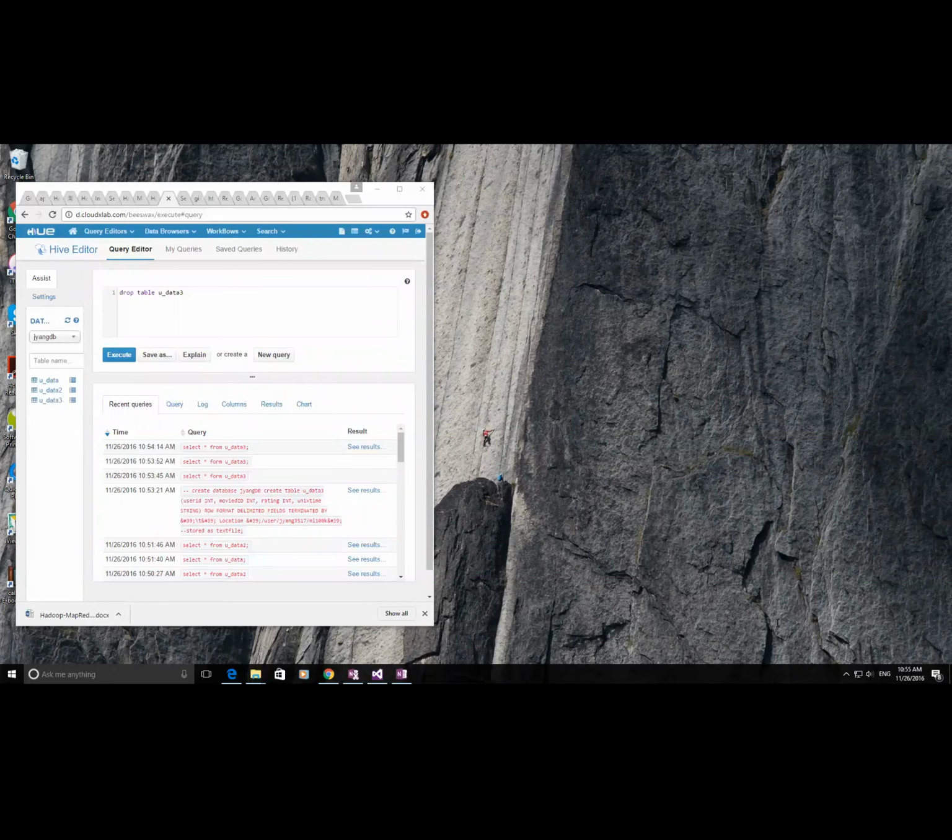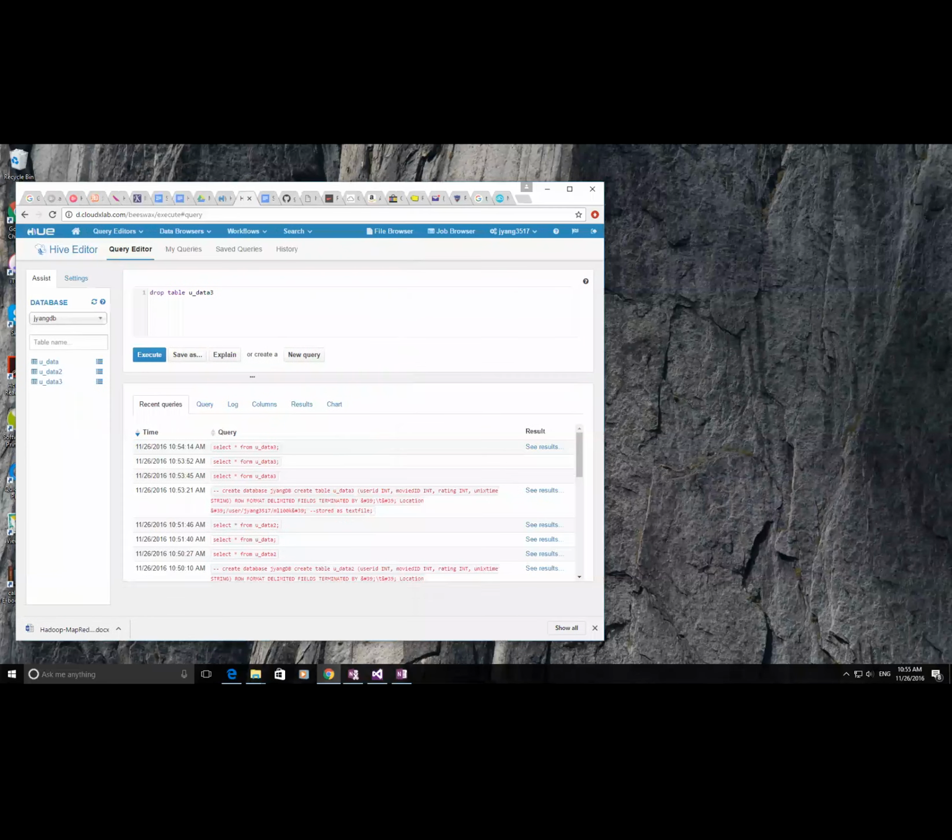All right. Can I see your screen, Jinyang? I'll stop sharing. You can share your screen. So you have u underscore data. Can you show me the table name as well? Okay, it's table. It is stored in ML 100K.